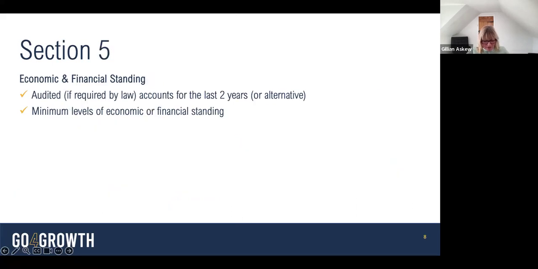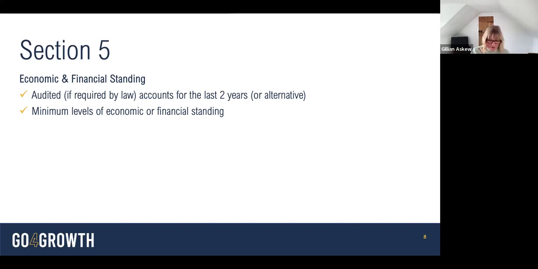In terms of section 5, in generally all cases, there'll be some sort of economic and financial standing testing that will be done. And effectively, and this might seem very obvious, so forgive me if it is, but effectively contracting authorities want to be sure that who they award a contract to is financially stable enough to be able to deliver the contract throughout the whole term. Usually what you'll be asked for is to provide accounts for the last 2 years, but you will always be given an alternative option. Usually there are a couple of options to choose from,